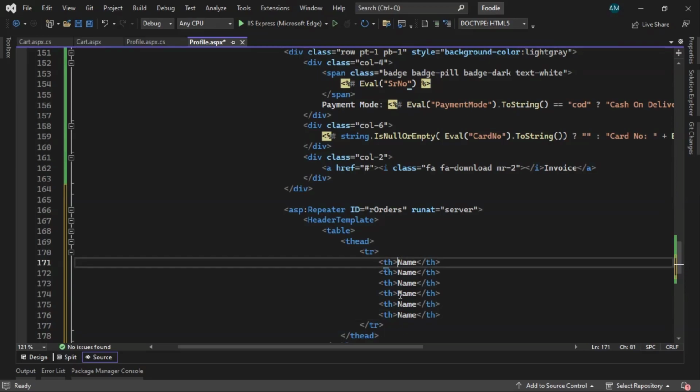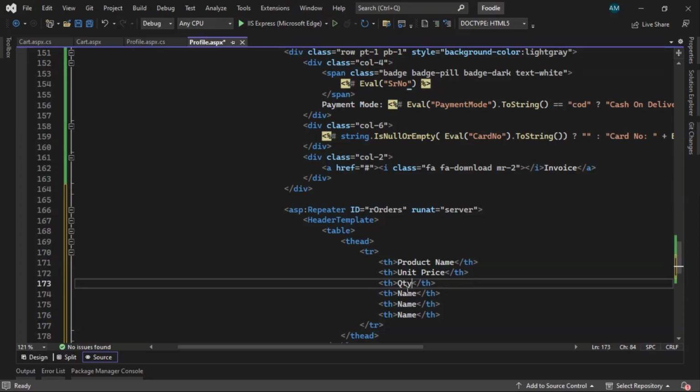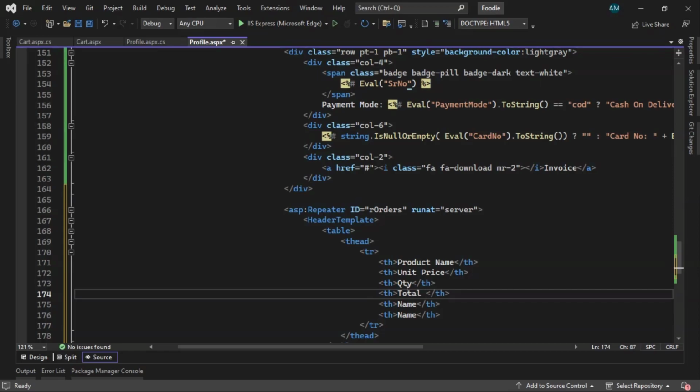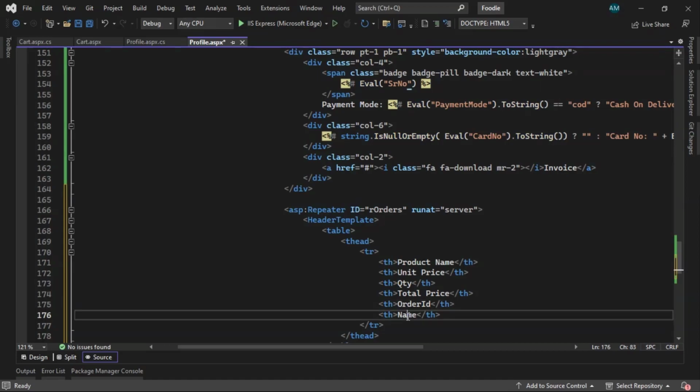Okay, let's change this name, product name, second one unit price, third one QTY, that is quantity, total price, order ID, the last one status, order status. Okay,